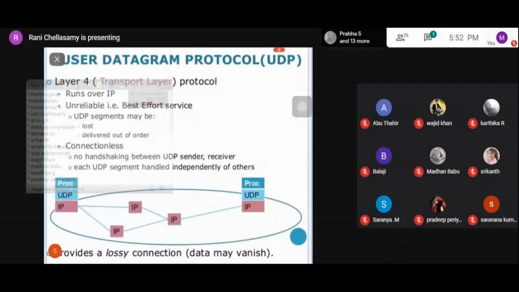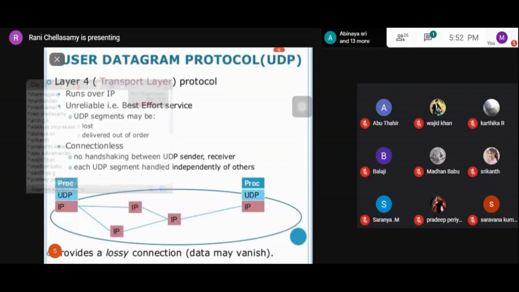Unreliable in the sense that there won't be any confirmation of the delivery of packets. Whatever data is sent from client to server can be lost or missed during transmission.